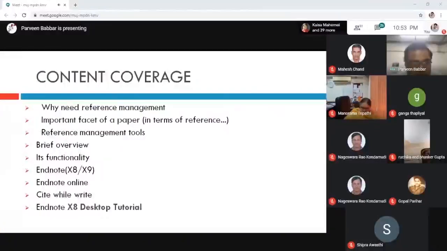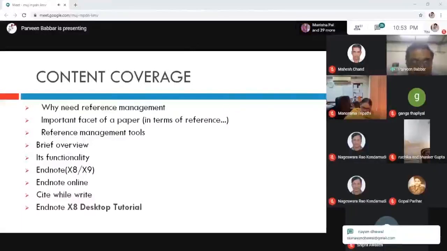Before we proceed further to the EndNote tutorials, I would like to share on reference management, how it functions, what different tools are available apart from EndNote, and what is important in a paper while you are writing.